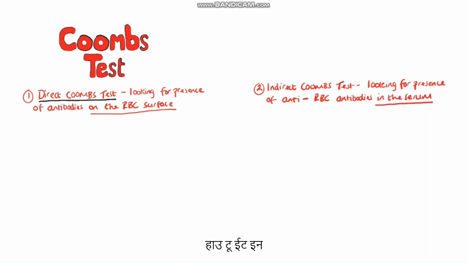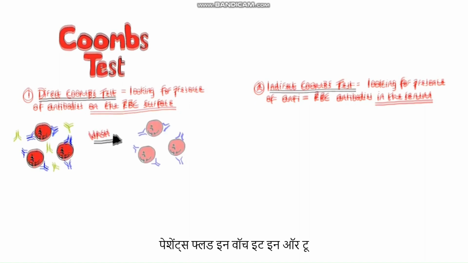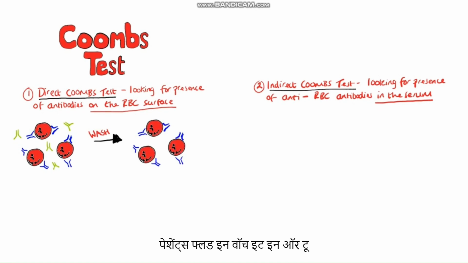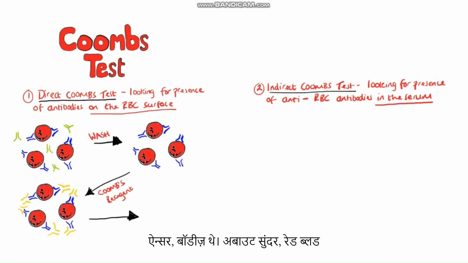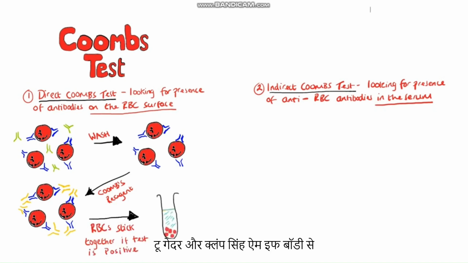So how does it work? In the direct Coombs test, we take a sample of our patient's blood and wash it in order to remove all the unbound antibodies in the sample. The idea then is that only antibodies already bound to the red blood cells are still present. Then we add in anti-human globulin, known as Coombs reagent, that basically binds to the antibodies that are bound to the red blood cells. So what we actually see is that the red blood cells will stick together or clump